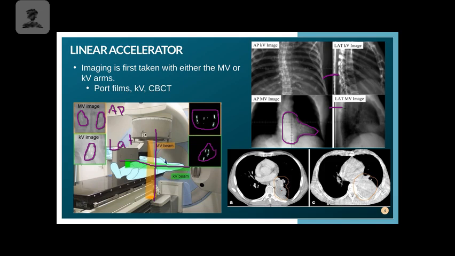And then down at the bottom, we're going to see between A and C images that this is what we call a cone beam CT or a CBCT. And so with this, where they are imaging at is this structure down here. And so when they take their imaging, they're going to align it back to the very, very first image that they took. So from my knowledge, CBCTs again don't look quite as pretty because they're KV images that are taken